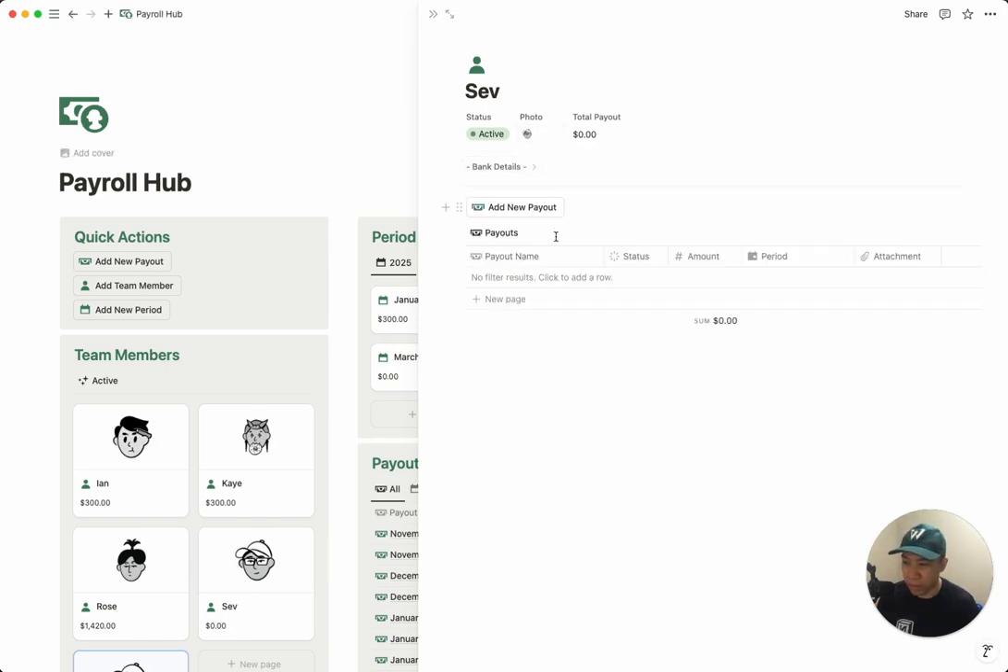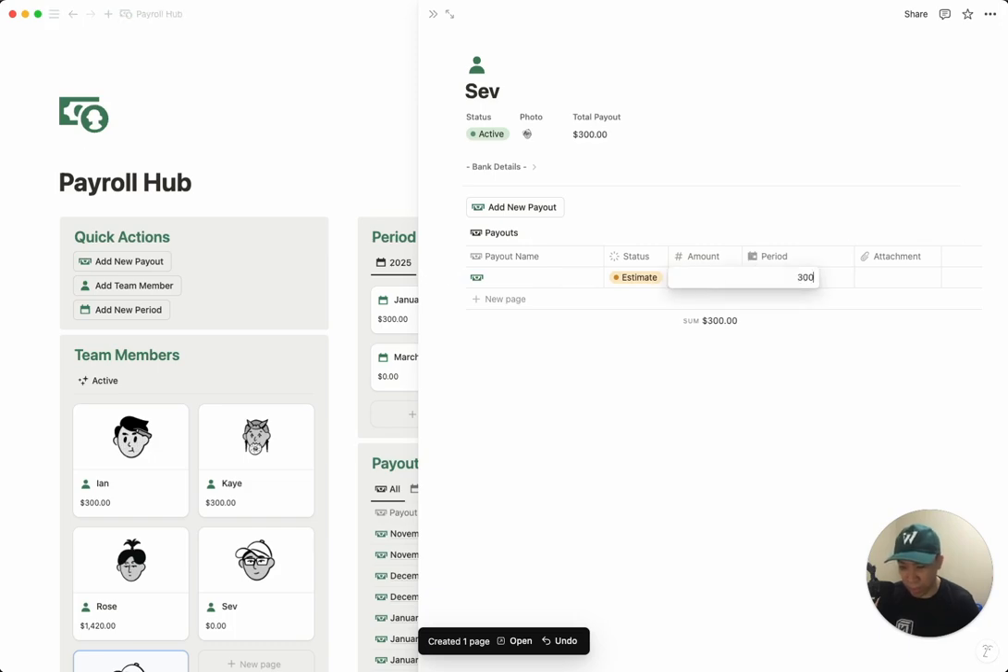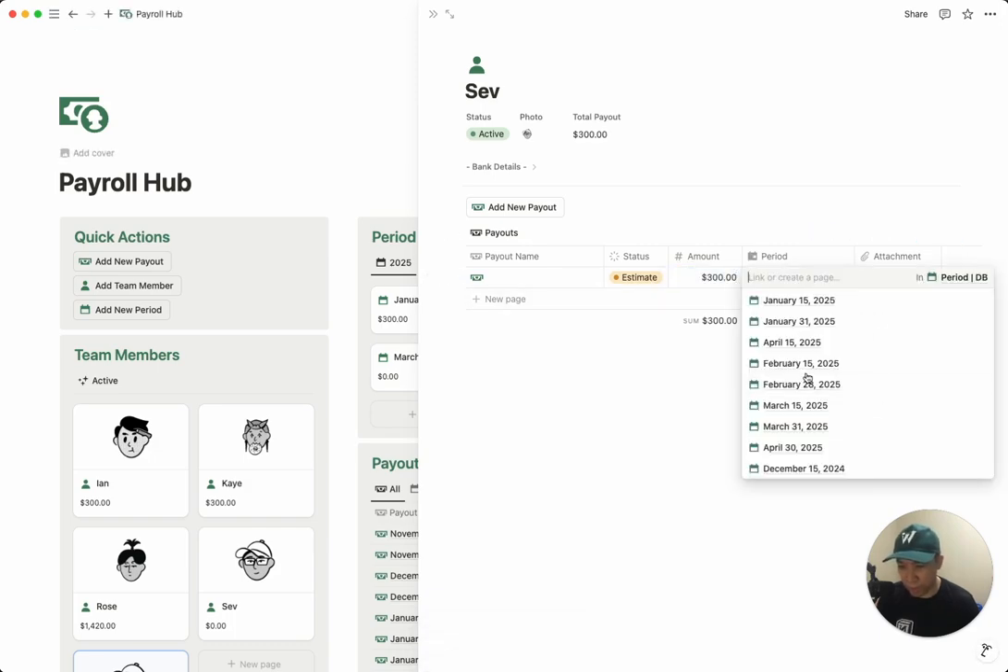Now let's say you want to add new payout for Sev. Let's do it by clicking on the new payout inside of that page, team member page. Clicking here will add a new record below. Let's add the amount, period,